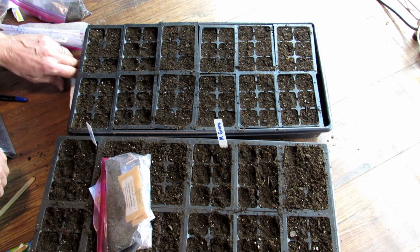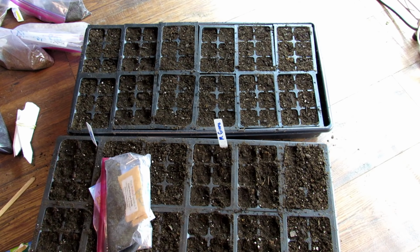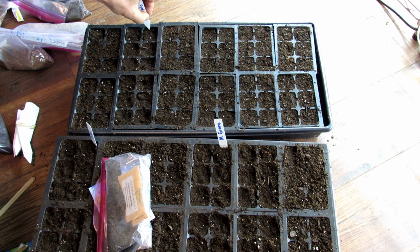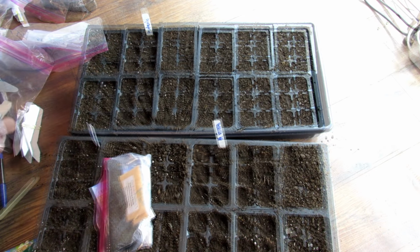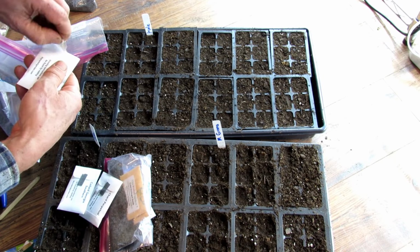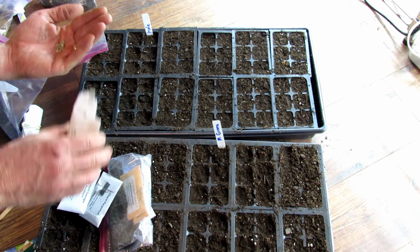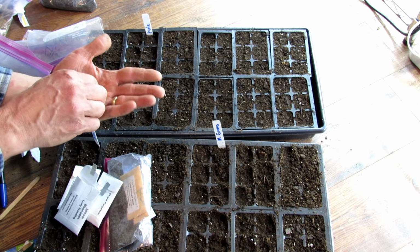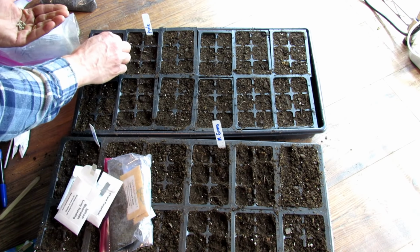So now we have the kale in. And to be honest with you, this is a ton of plants. So you'll be able to share and give these away. We want to get some spinach in there. Spinach is packed full of nutrition, and the seeds are bigger. So we're going to put 2 seeds per cell,